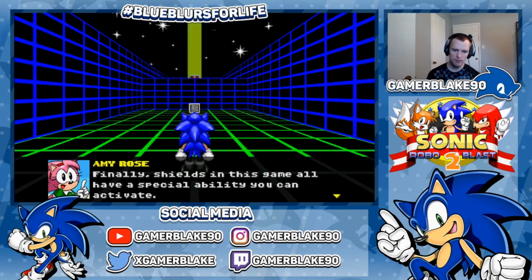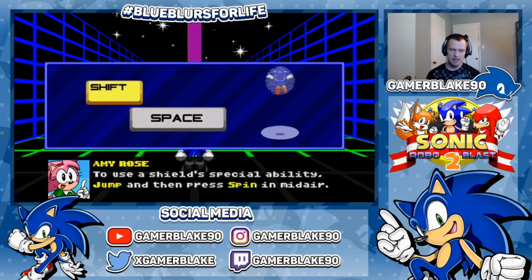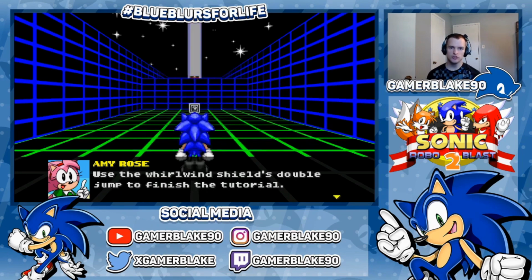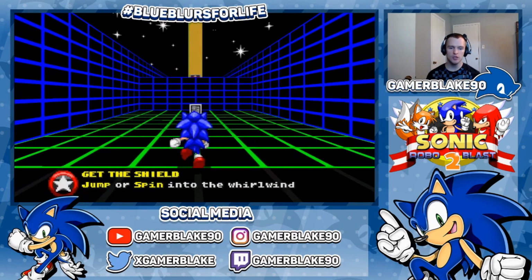Finally, shields in this game are a special ability you can activate. To activate the shields, you press the button you've assigned as your jump button, and then press the spin button, or in the case of the PS4 pad, press X and then press square, to activate the abilities outlined by each shield. Some of the traditional elemental shields you've seen in Sonic 3 make a return here, but there are new ones